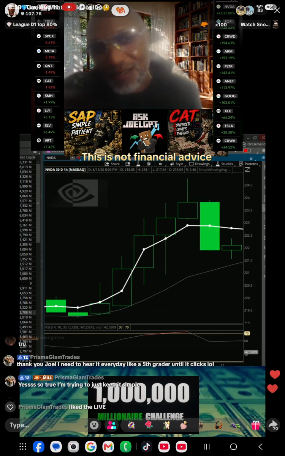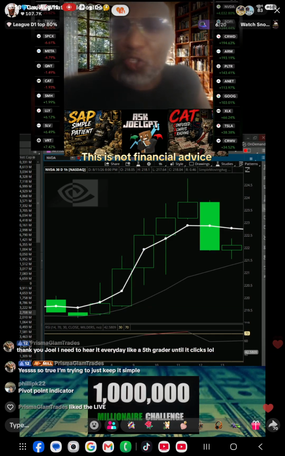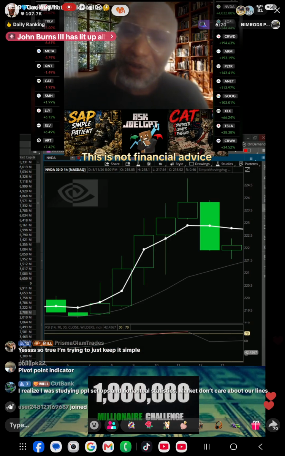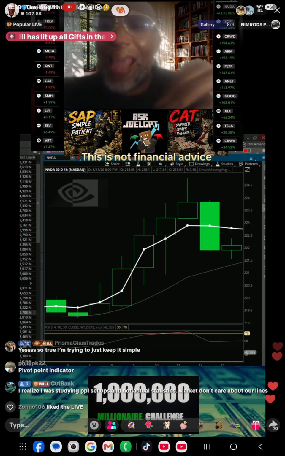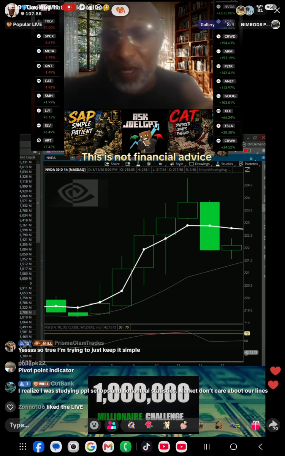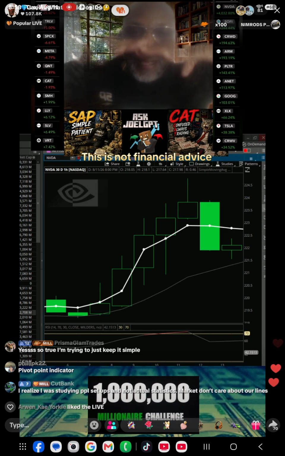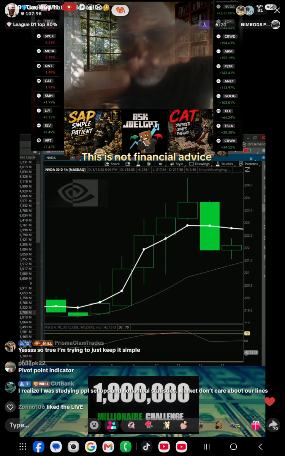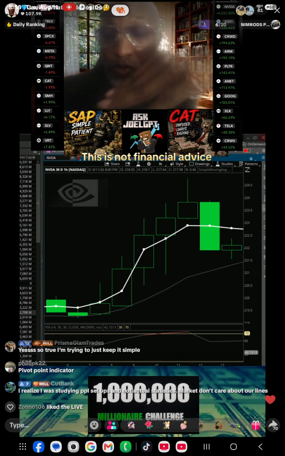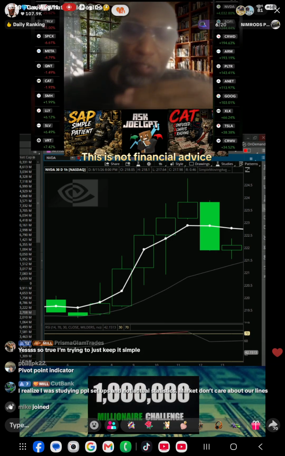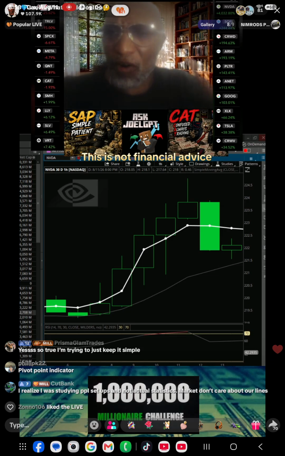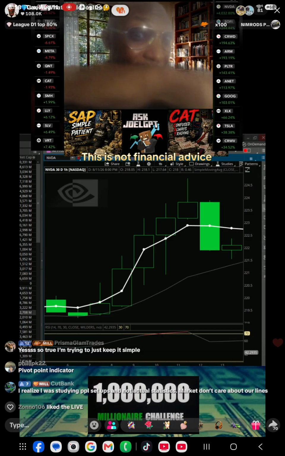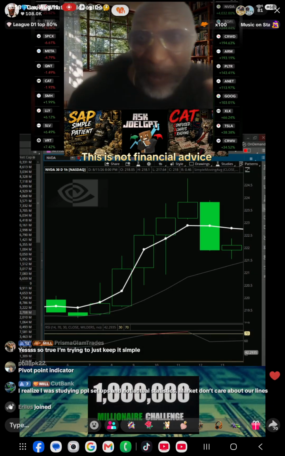I'm not trying to get you to trade like me, but I am trying to get you guys to see the market like professionals. 45-degree angles, moving averages is your new support level. Support levels are not this anymore. Support levels are this and this. Support levels are angles, not horizontal lines, and definitely not vertical. Support lines are horizontal, but they've never been this way because the market don't move this way.